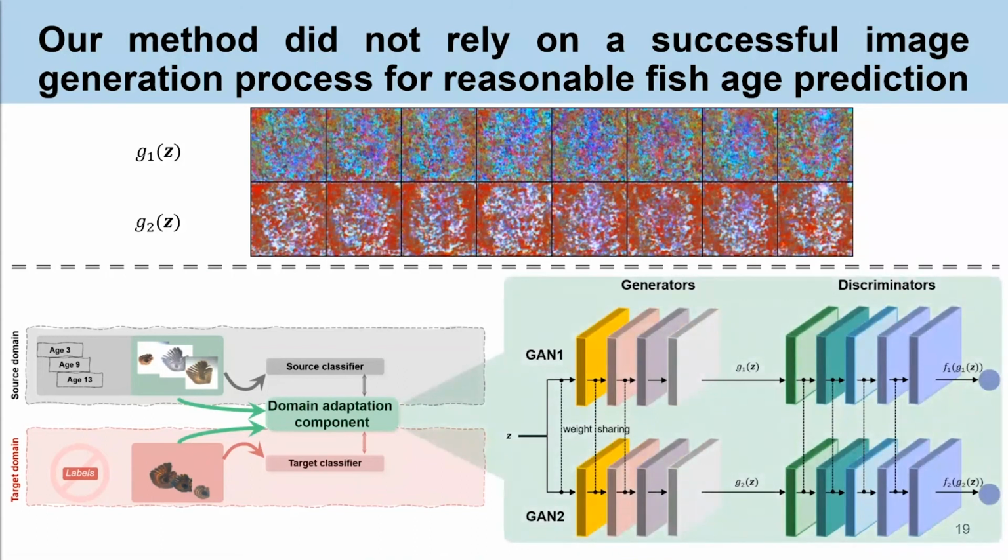Actually, the adversarial domain adaptation component was using a discriminator that shared the same parameters as the source and the target classification components. So these observations have motivated our current line of research, where we would like to investigate whether the predictions in the target domain could be improved by successfully generating otolith images from the adversarial domain adaptation component of our Kogan design.